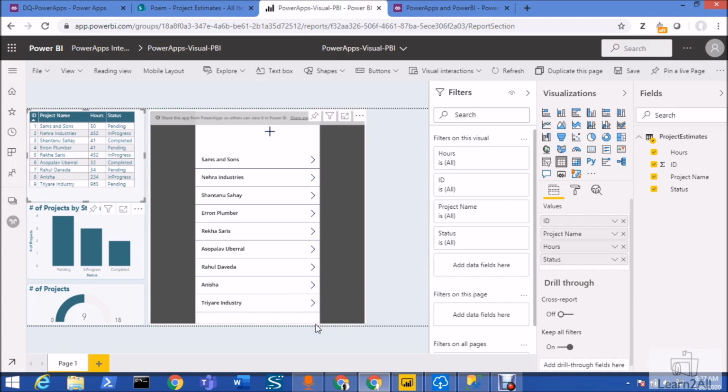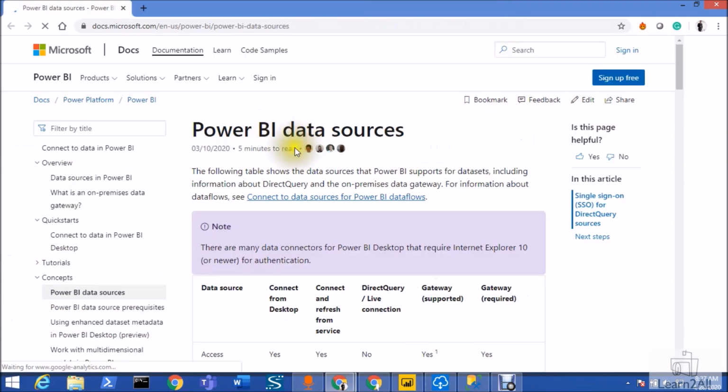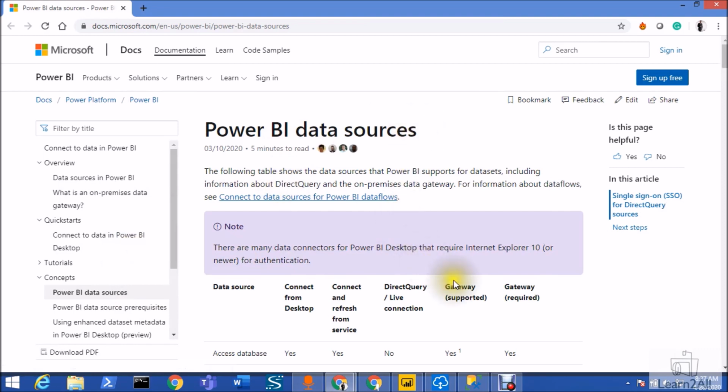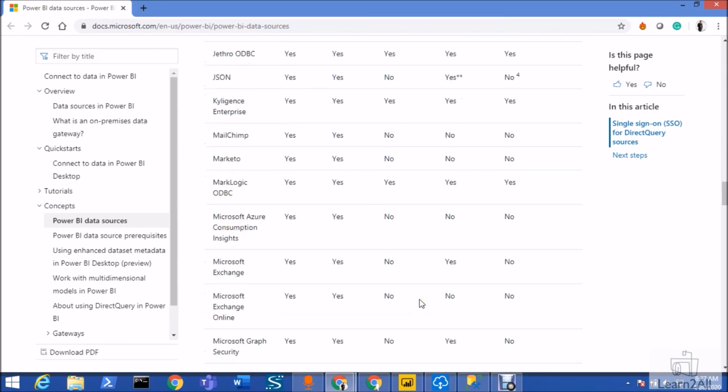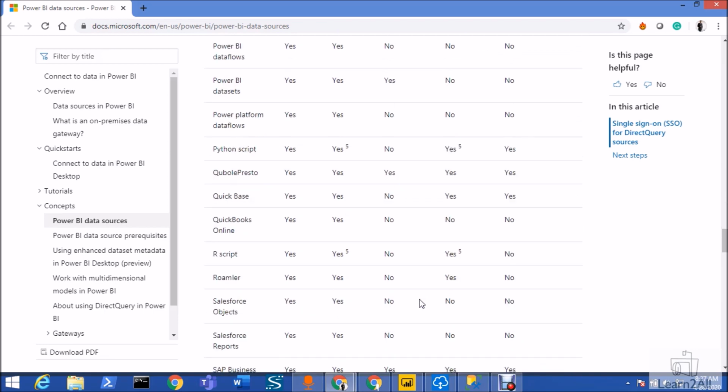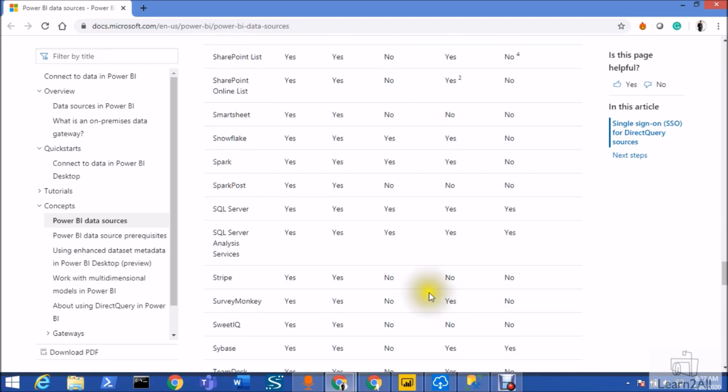Also, you must use a source that supports direct query, and the data connection must be using the direct query method. So this is one documentation which has the information on which data sources are supported for direct query. So check your data source information from this article. I provided the link in the description box. I use the SQL Server, so it supports that, and the SharePoint Online list does not support the direct query connection at this moment. So you can create this Power Apps visualization for SharePoint Online, but you won't have the immediate refresh functionality there.